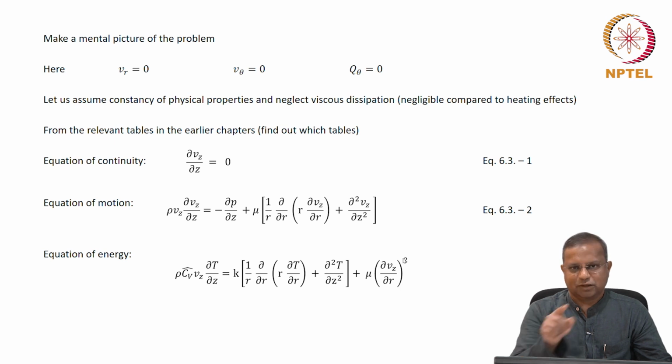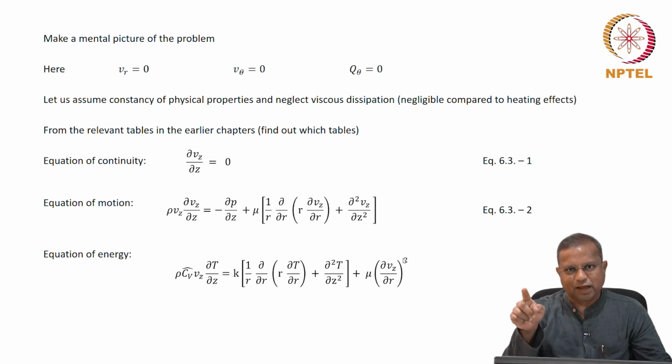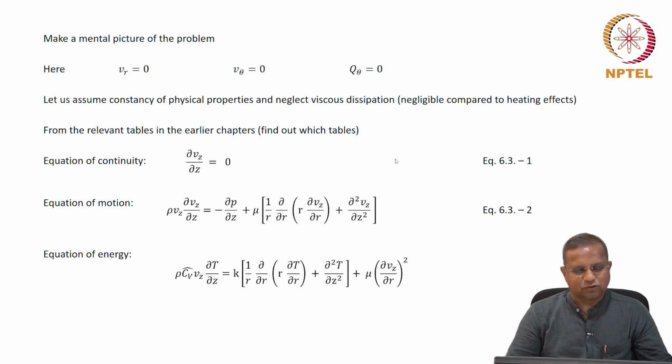Okay. Note that we are concerned with the temperature variation along the axial direction. That is what we are looking for. So, you need to choose equations that are relevant from that point of view first and then cancel the terms. So, if you choose them and do this, you would get 6.3-3. Okay. So, all these are simultaneously valid. You have equation of continuity, equation of motion, equation of energy, right. So, only equation of charge has been left out mercifully.